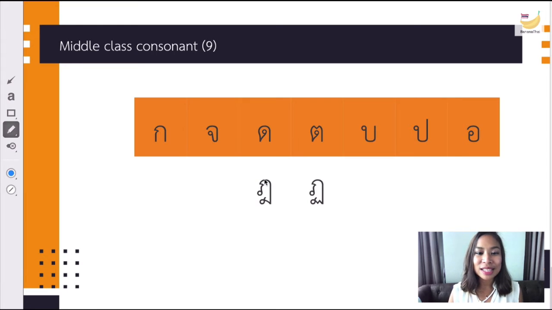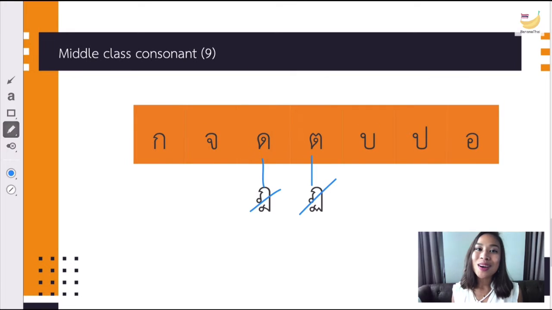But then this one and this one are under these 2, so both of these share the same initial sound. However, they are not really commonly used. That's why I highlight these 7 with yellow, to note that they are more commonly used. So are you ready to learn each of these? If yes, let's start ค่ะ เริ่มกันค่ะ